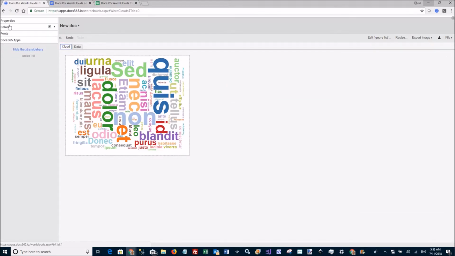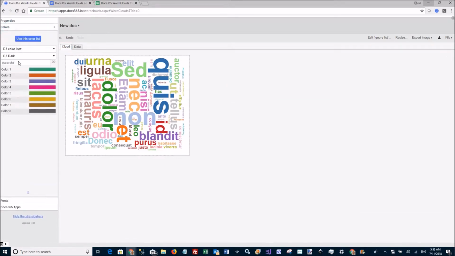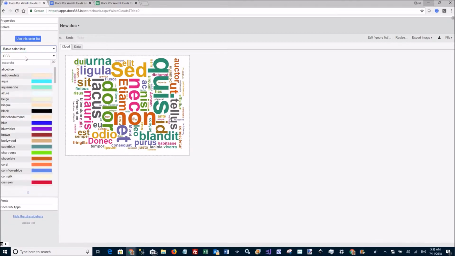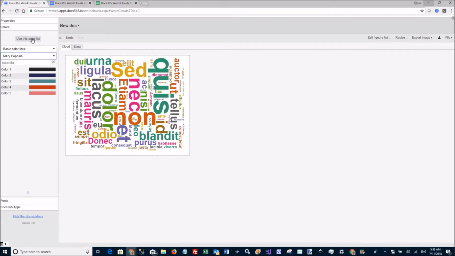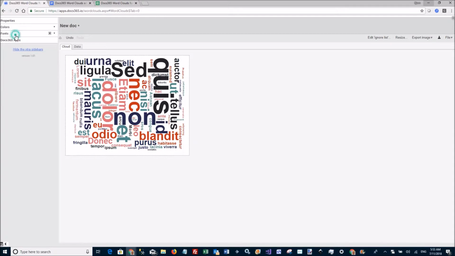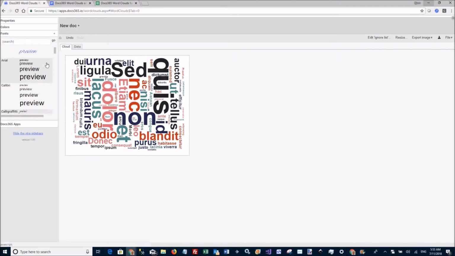I can then pick a different color list. This is the D3 dark, or I can choose from other color lists like the Mary Poppins. Use that one. I can quickly pick a different font by scrolling through here. Let's say I want to have this homemade, or this Great Vibes,